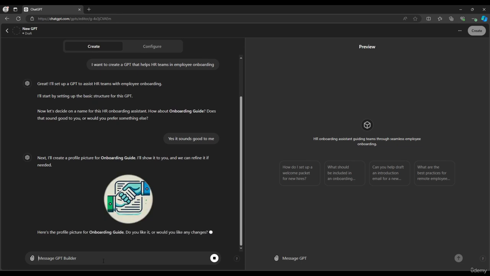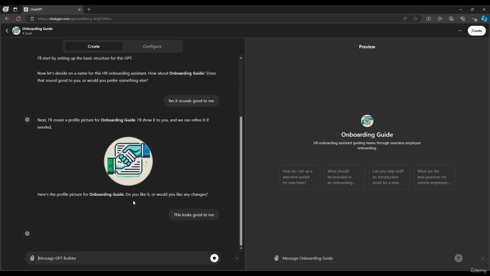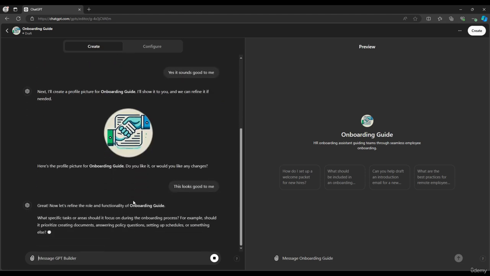Further, it creates a profile picture for my custom GPT and asks if that is fine. This looks good to me. Next, it asks what would be the features and functionalities of the custom GPT. For my example, for HR onboarding, I provide the details that the GPT should be able to create and provide